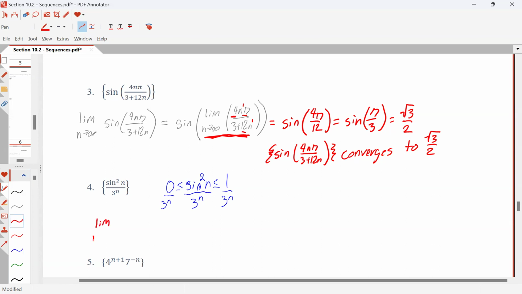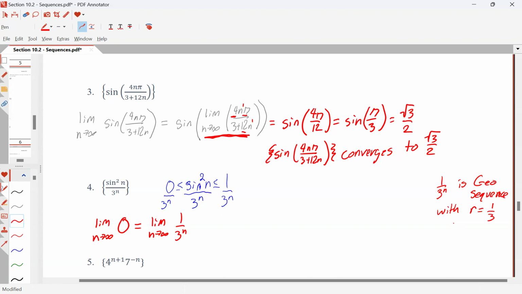Well, the limit as n goes to infinity of 0 is the same as the limit as n goes to infinity of 1 over 3 to the n. 1 over 3 to the n is a geometric sequence